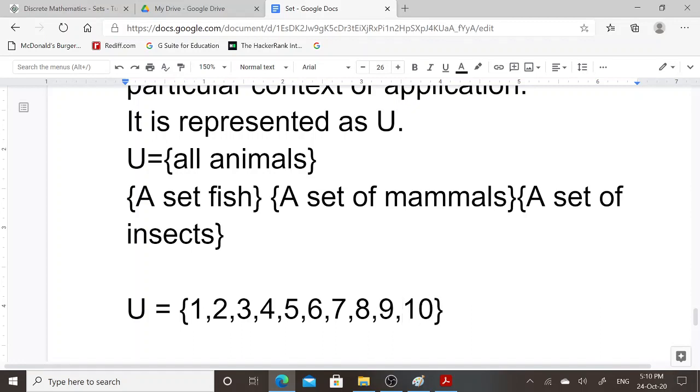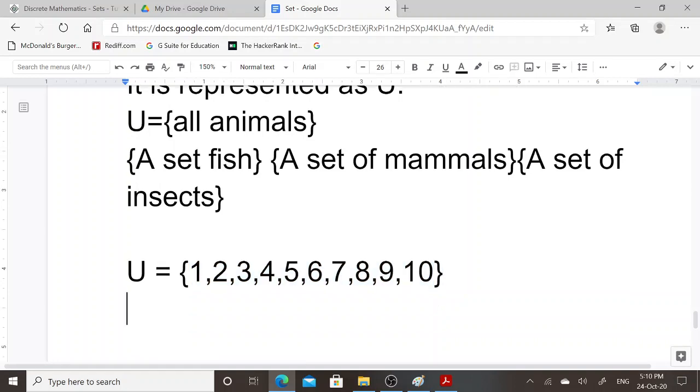Suppose this is the universal set and these are the elements, that is all positive integer numbers from 1 to 10 present in universal set, then we can create a subset A, which is the subset of set universal.